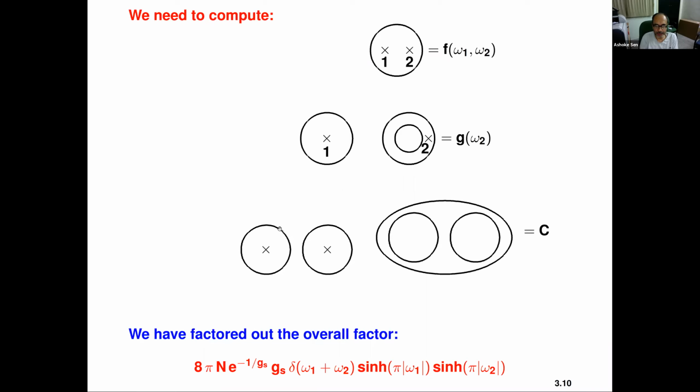So that again is order G string. And here you see 1 over G string times 1 over G string, because 2 disks, and 2 factors of G string from the 2 vertices. Okay, that's order G string to the 0. And here the disk to begin with had a 1 over G string, but every time you add a hole, you get G string. So that's G string squared divided by G string. So that's again G string.